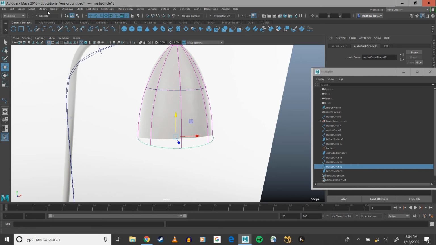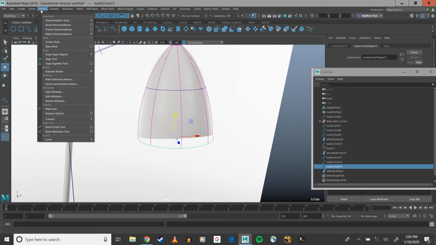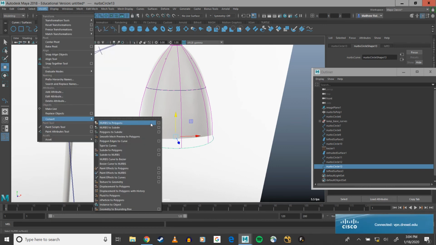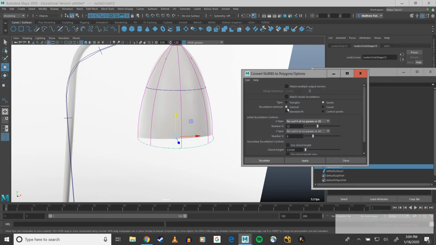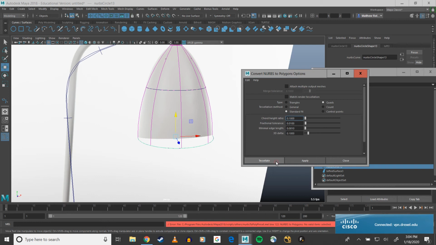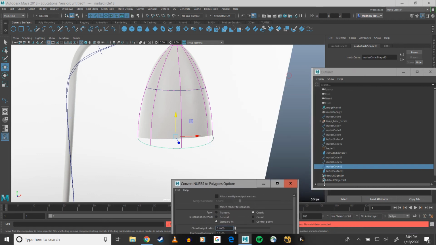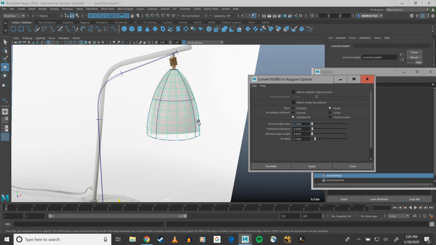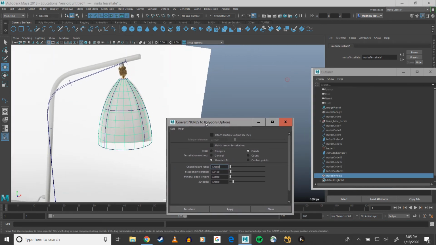which I can then go modify, or modify, convert NURBS to polygons, and I'll just stick with, I again want to make sure it's quads. I want to use tessellation method general so that I can get some cleaner geo, because if I just leave it at standard fit, the sort of thing that I'm going to get when I select my lofted surface and hit apply, well, maybe it wasn't so bad this time, but